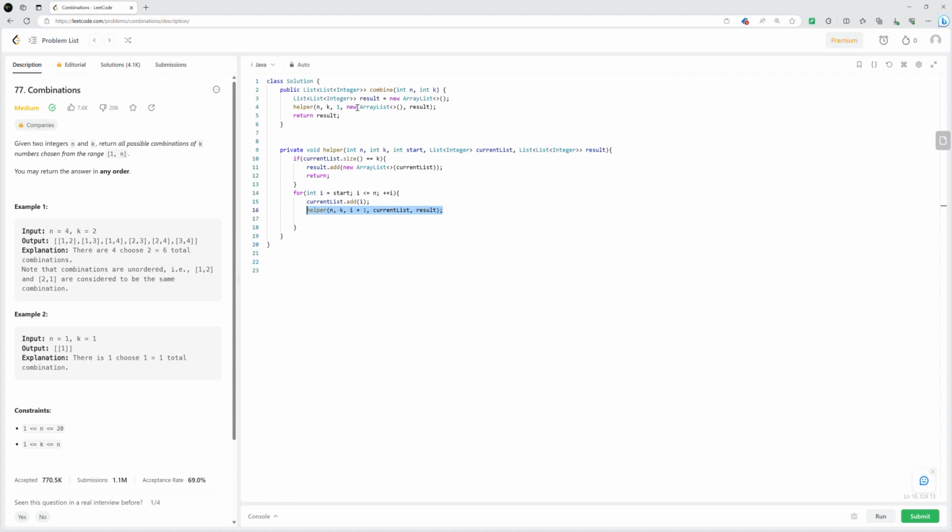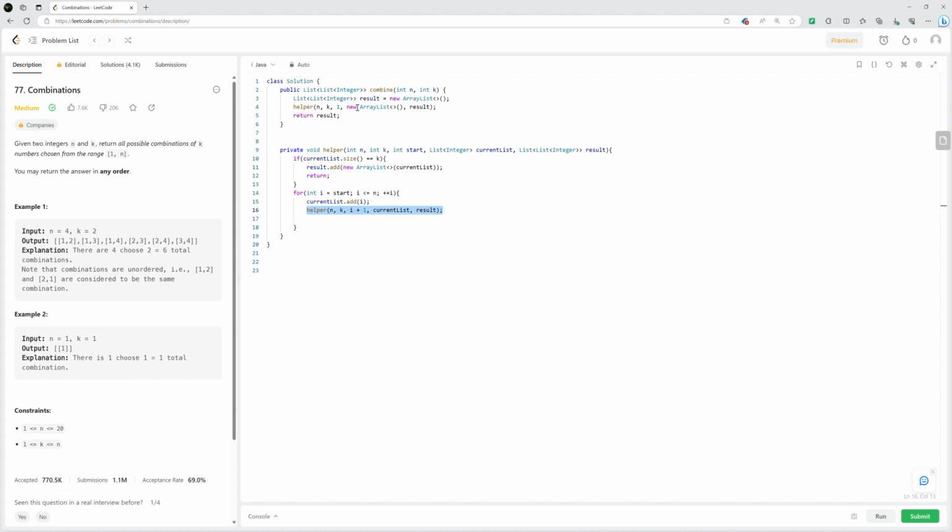In essence, if we choose the first element in our first call, then we are not able to choose it in any successive call of the helper function. That will prevent us from having basically the same combinations, 1 and 2 and 2 and 1, because we are not able to choose the first number at any position. We are able just to choose it in the first position in our first call, or to omit it to generate another combination. So this is basically the only difference that we have between the permutations and